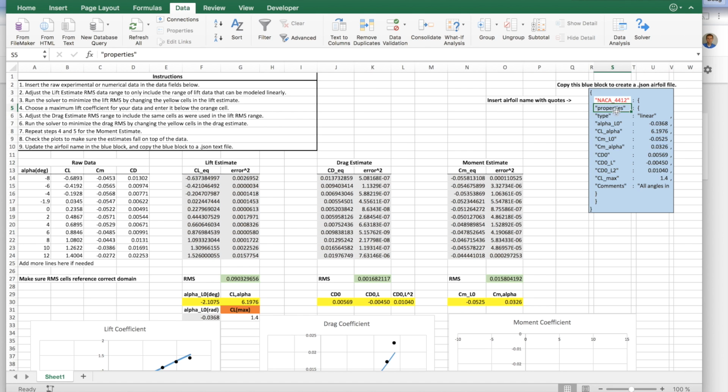And so there's the name of the airfoil, and then it has these properties. We're going to model this with a linear data set here. Alpha lift knot in radians, the lift slope per radian, the pitching moment at 0 lift, the moment slope, and then these three are the three drag coefficients that we solve for here, and then the maximum lift coefficient there, and then there's this comment that all angles and slopes are in radians or per radian. So we can just highlight this block here and copy that and paste it directly into our MachUp input